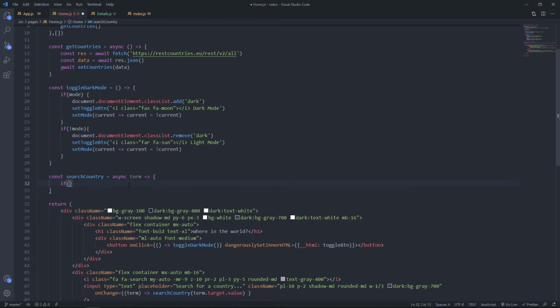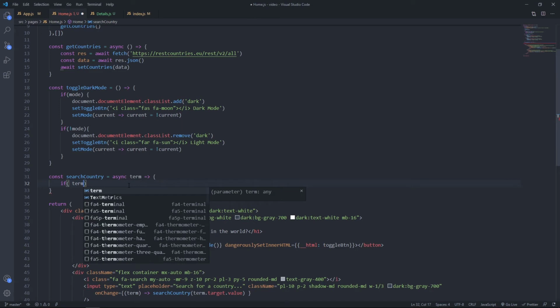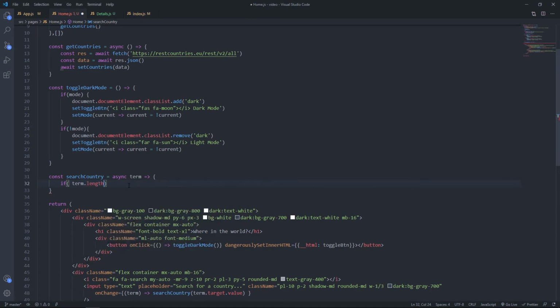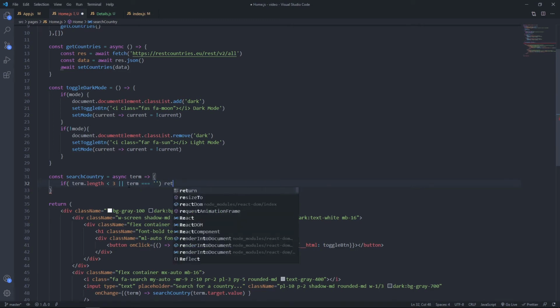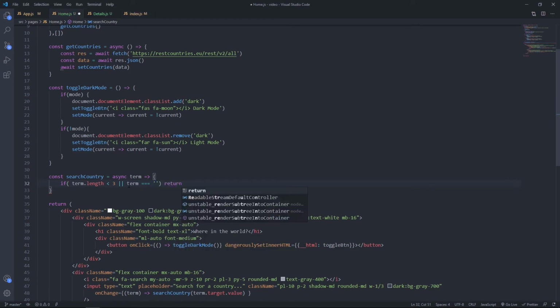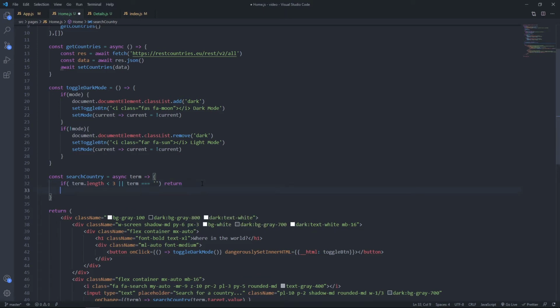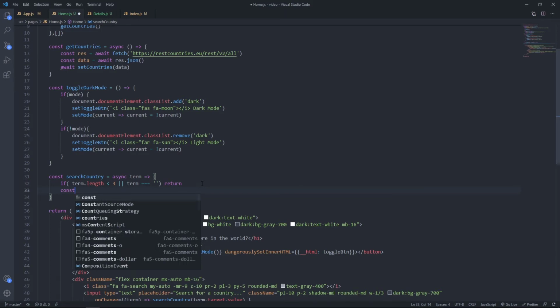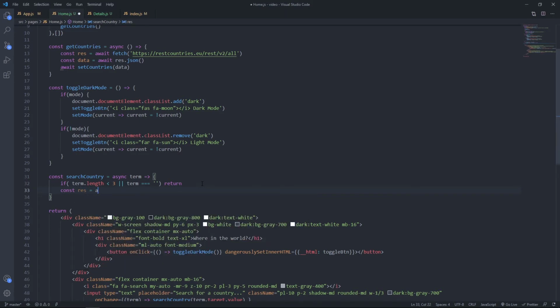I want to say if term, which was passed through, dot length is less than 3 characters, or the current term is actually empty, just return nothing. So don't do anything, because I want you to type 3 characters or more for the search to actually run. So if you type more than 3 characters, let's say const res is equal to